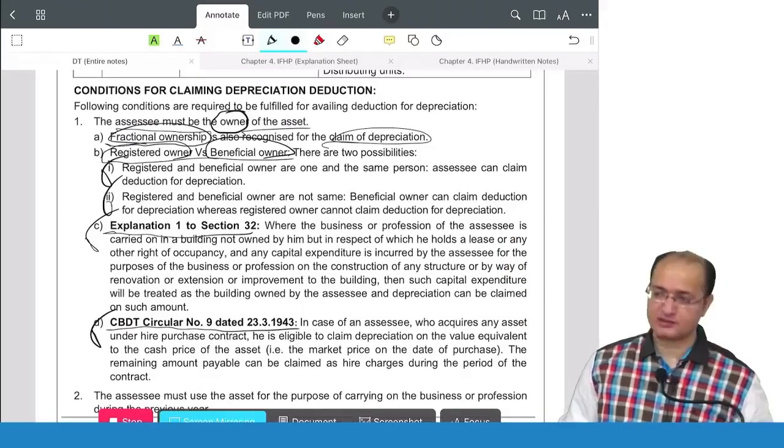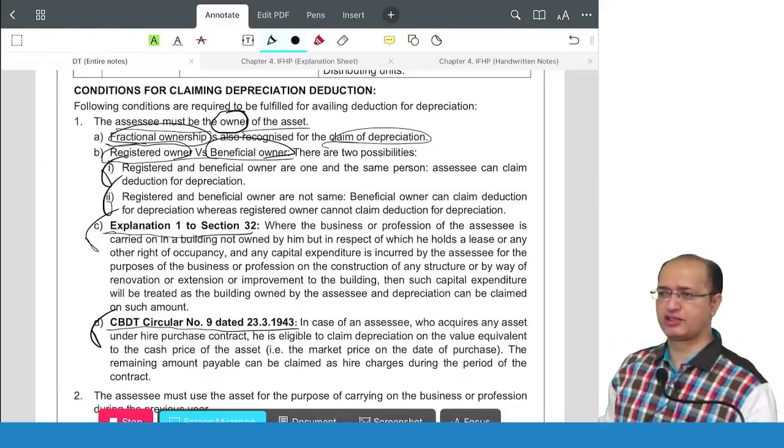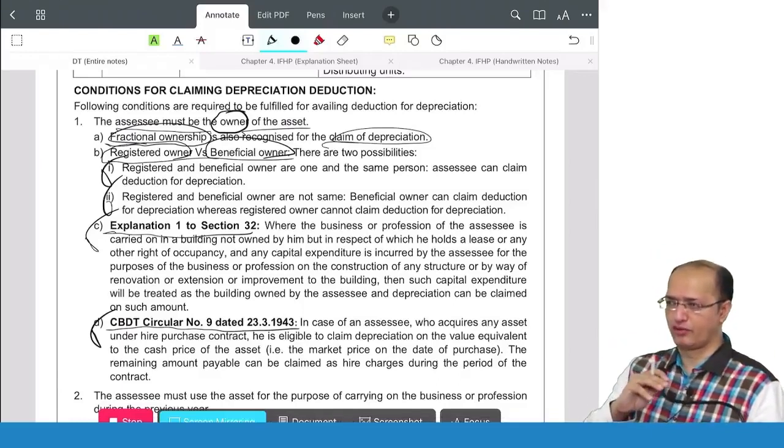So, yesterday we started with the chapter of profits and gains of business or profession. In that, without discussing anything,